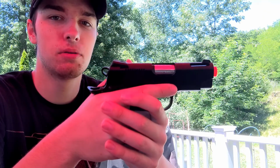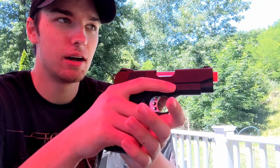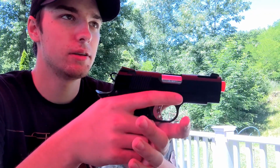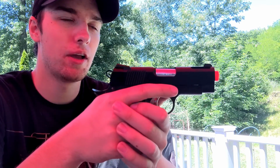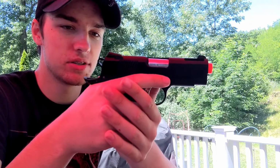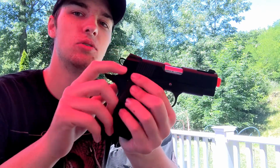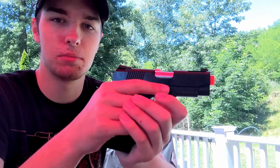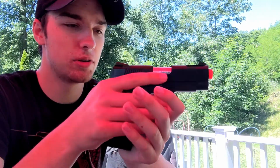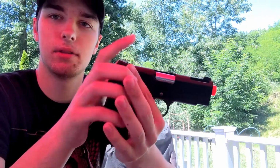However, I do prefer the KGW over this just because it's bigger. It holds more ammo, and you know, that was just fine. I think I prefer the KGW over this, but again, for what this is and what it comes with, and the price it's at, I will leave a link to where you can purchase this pistol down below. And I mean, it's really cool. I like it a lot. And like I said before,